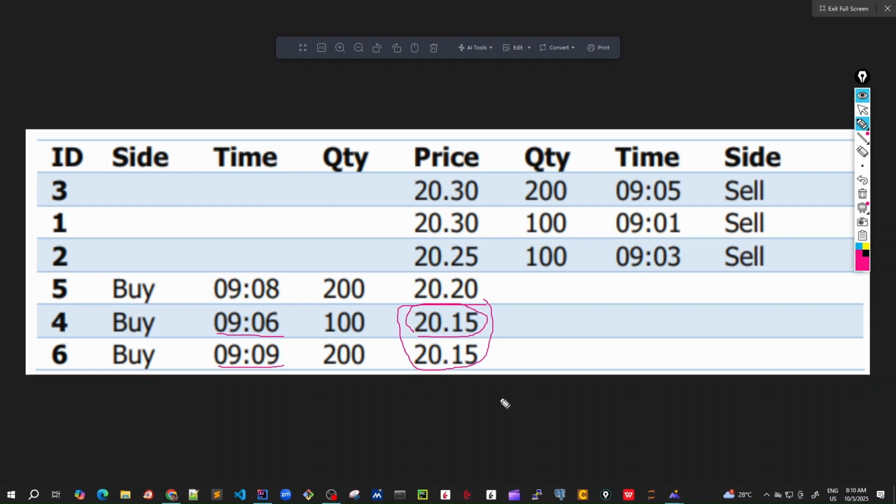Now there could be hundreds and thousands of orders, and each order would have some different quantities. If I want to know the total volume of open orders present at this price in the one-dimensional data structure, I have to go through the whole list, and then it would be O of n.